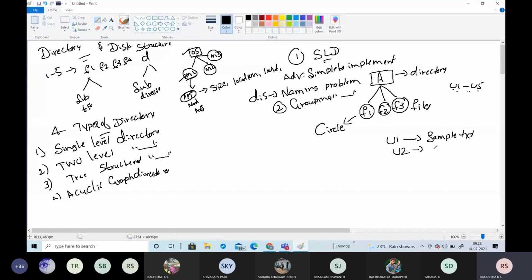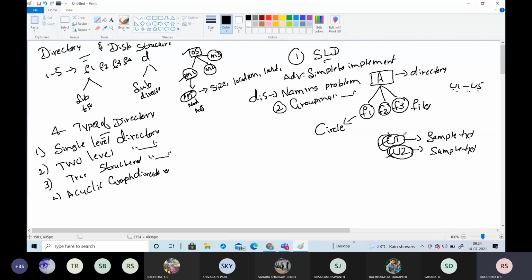User 2 may not know what user 1 has created, and creates the same file name sample.txt. Then the data he creates will overwrite the data created by user 1.